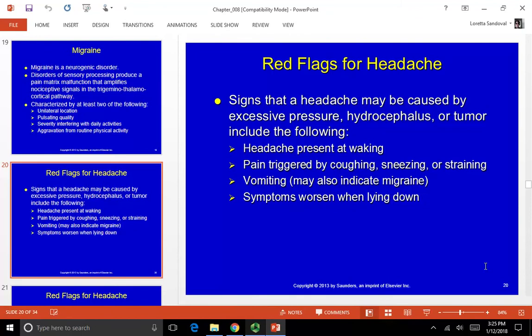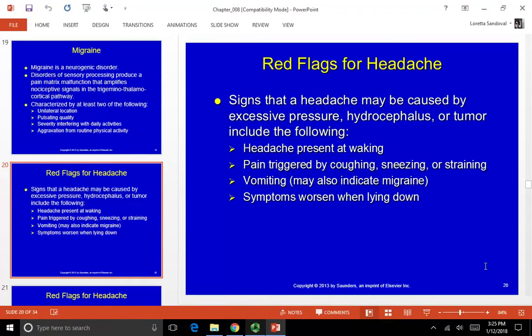So after the aura, the hyperexcitable brainstem neurons lead to activation of trigeminal afferents that synapse with the trigeminal lemniscus neuron. We haven't talked about that pathway, but it's similar to the somatosensory pathway, just for the cranial nerve. So those trigeminal lemniscus and thalamocortical neurons become sensitized during a migraine owing to pain matrix malfunction. There's a graphic in the book that shows the sequence of events in migraine, and it's on page 155.